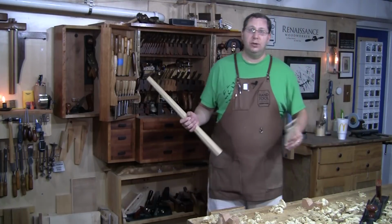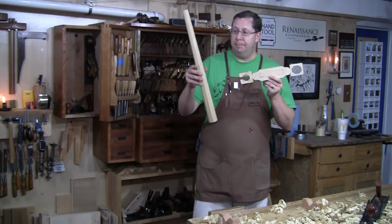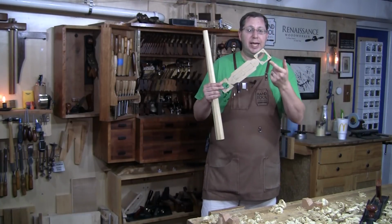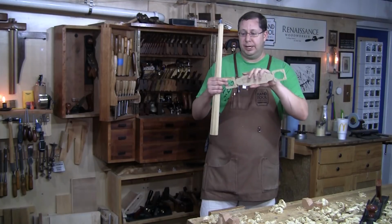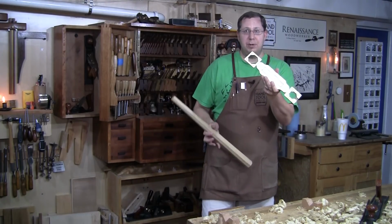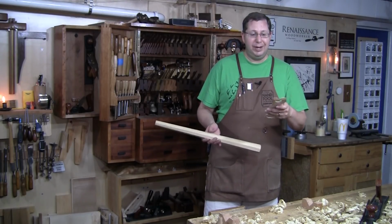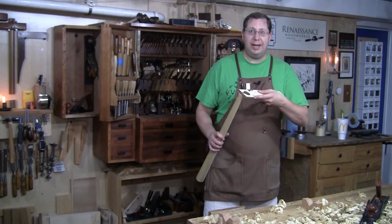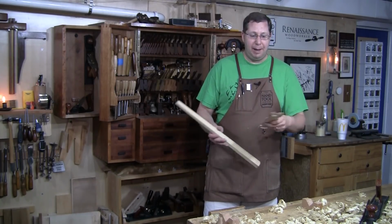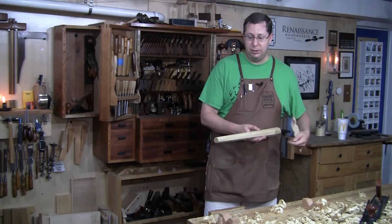So what I actually do is I create a story stick. This is the story stick that I use to make a pencil post bed, which is just tapered octagons. I laid out the larger octagon and the smaller octagon, and this outer square actually represents my original blank, the original square blank we started with. So it's very easy to come in, line everything up flush, draw in that octagon, draw on the octagon on the top, and the lines on the story stick correspond to the lines on the face,